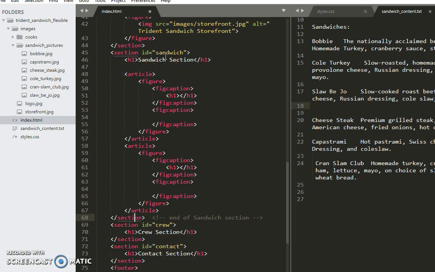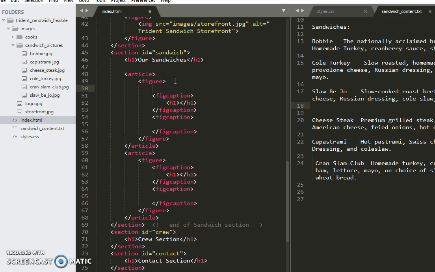First, I think this one is going to say our sandwiches. Our sandwiches is what the main heading is for that section. All right, and then each of these articles. So this first article is going to be for the Bobby. So inside figure, we're going to have an image. And the source of that one is going to be the Bobby JPG. We can see that right here. So it's going to be